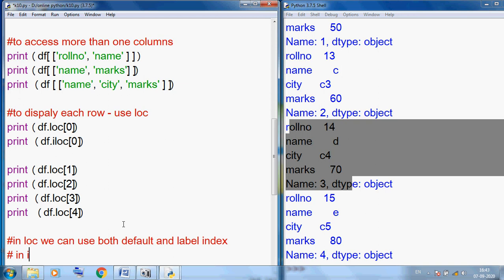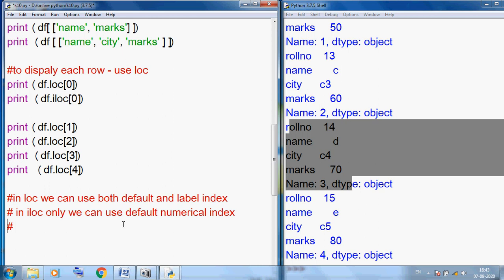In iloc only we can use the default numerical index. In iloc we cannot use the label index.